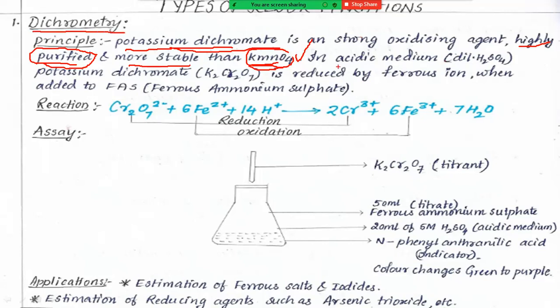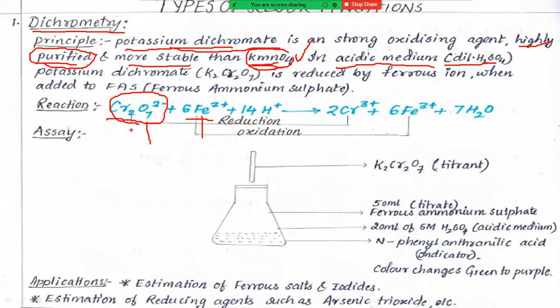In redox titration, an acidic medium is very important. Here we need to maintain an acidic medium by adding dilute sulfuric acid, which provides the acidic medium. In the presence of the acidic medium, the oxidizable and reducible substances react with each other and finally form the products, right? So here we can see the reaction. The reaction contains the dichromate ion, which is obtained from potassium dichromate, and the ferrous ion.